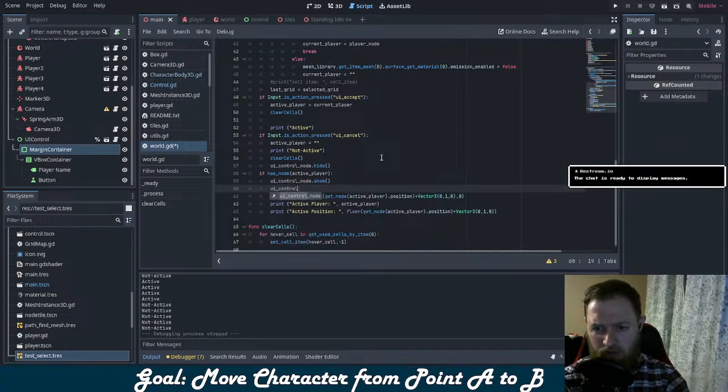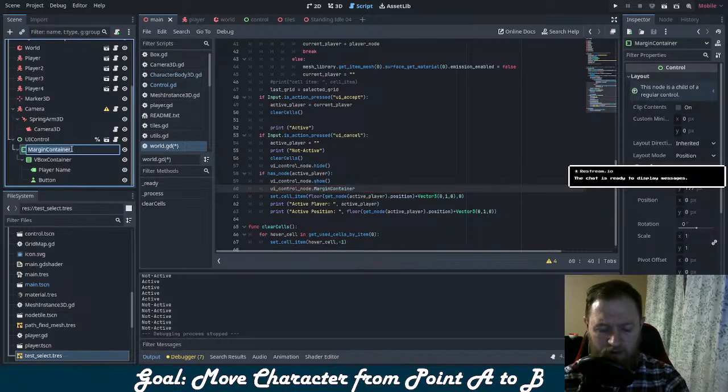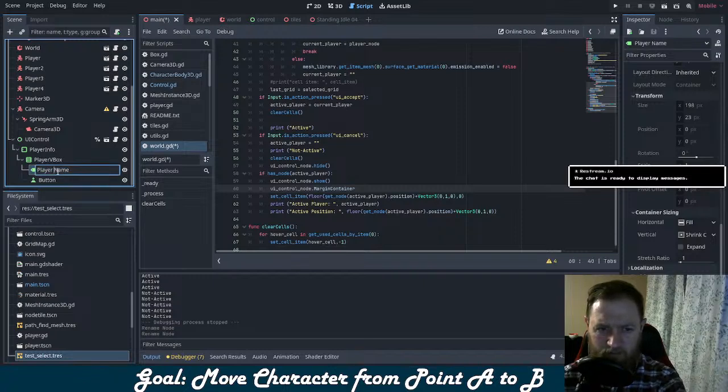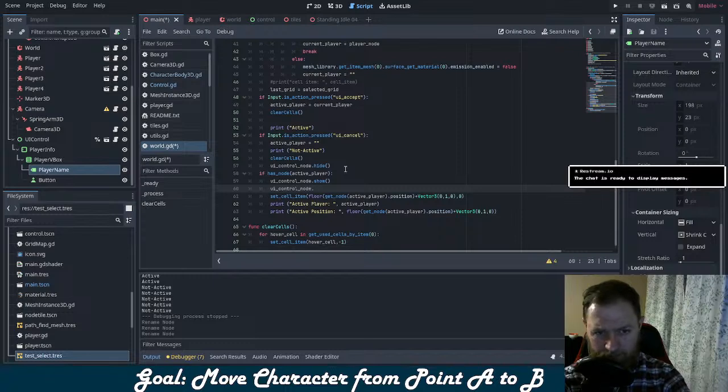And then I could say UI control node dot margin container. I'm going to name these. I'm going to say player info. This is going to say player VBox. And this is going to stay player name. So then I would say UI control node dot player info dot player VBox dot player name dot